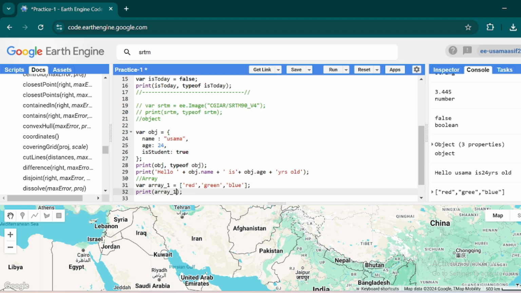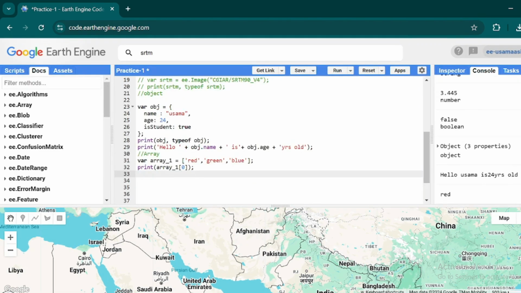And if I want to call only one color from over here, for red I will type just like this 0, and this will print only that color that is at the 0 position. And now if I click Control Enter, then it will give me red that is at the 0 position, and green for 1 and blue for 2. So this is an array in JavaScript.